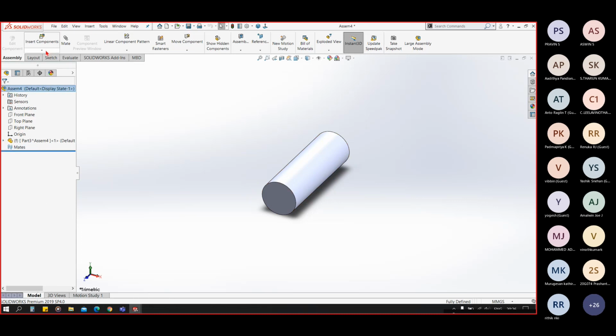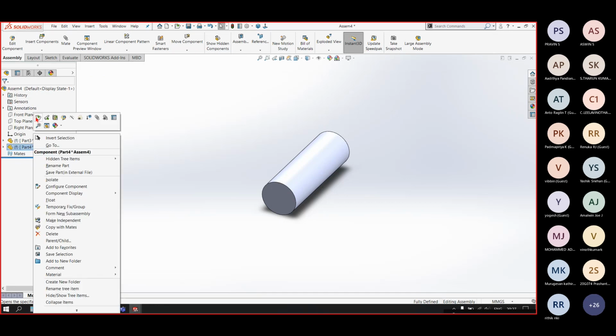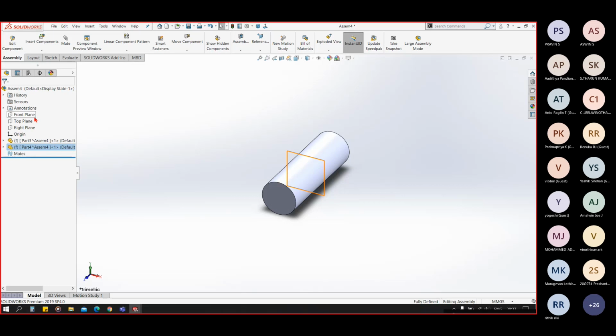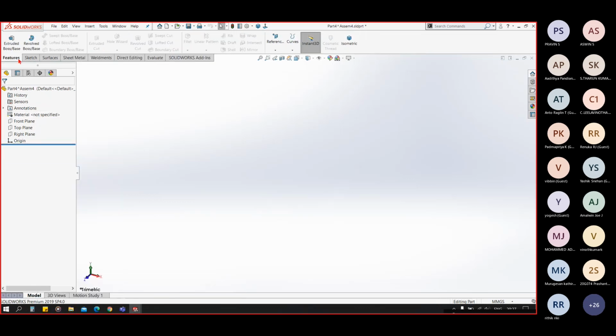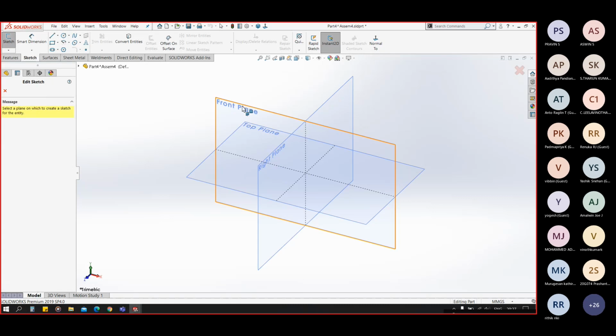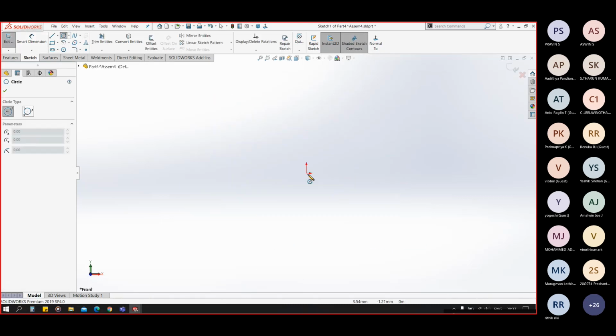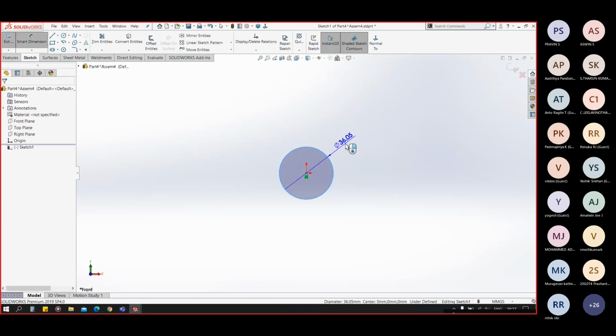Now again we can create a new part, and you can see we have our Part 4, and we go to open part. Here we click on that, and you can see a blank part will open, and again we can sketch here.